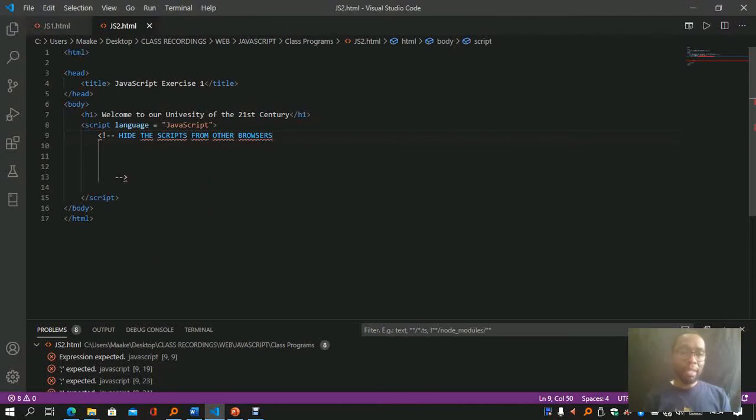and then right at the bottom here we can have a double slash for a single line comment, which can help us to what, to stop hiding. Once we get past this, we'll stop hiding all the information here. So right here it's stop hiding from other browsers,